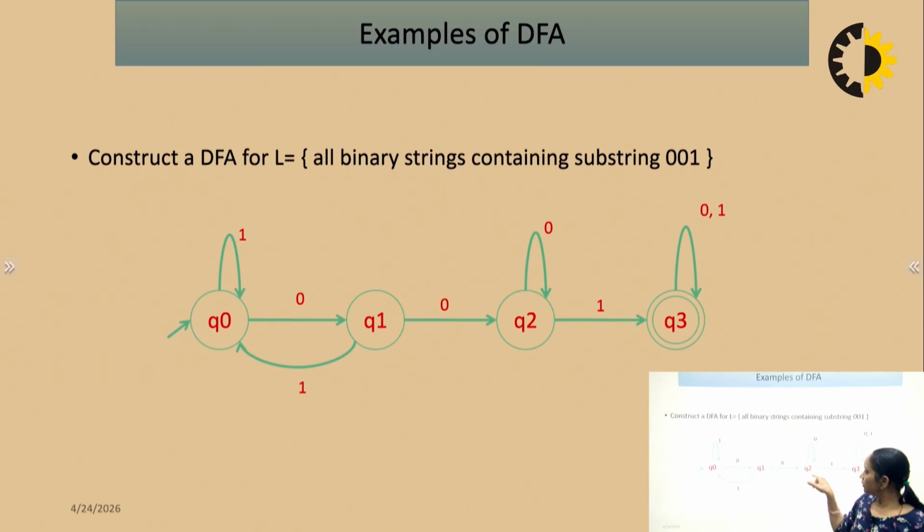Now Q2: the transition of Q2 on 1 goes to Q3. But Q2 on 0 is not defined. Where do we draw the 0 for the DFA? Can we make the transition of Q2 on 0 to Q1? Then the string is 0, 0, 0, 0, 1. So the substring is covered. It is okay.